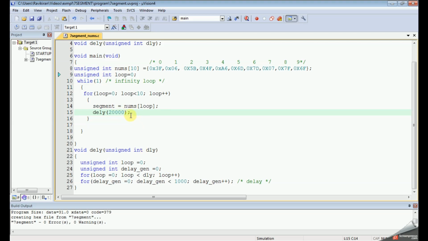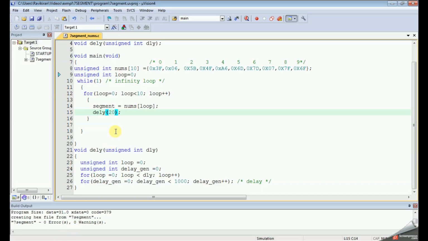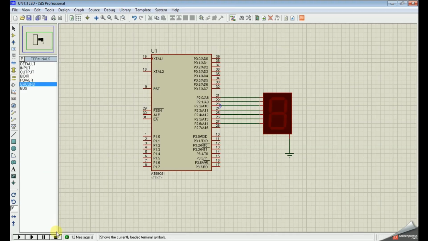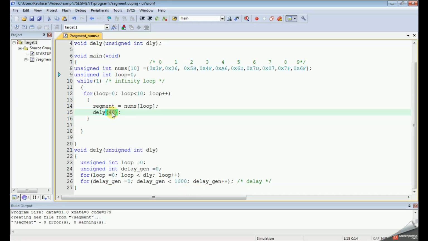If you need 20,000 we have to give only 20. That's the reason it's staying a long time on 0. So the delay is less now. Let's increase to 40. So we'll increase to 100 for clarity.